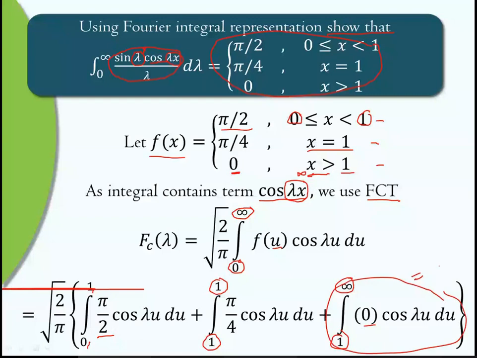Now, in an integration, whatever function may be there, if the upper and lower limits of that integration are the same, then that integration is also 0. Okay, because when we solve this integration and put in the upper and lower limits, as the limits are the same, when we subtract the value at the lower limit from the value at the upper limit, it will give us the same value because both the limits are the same. And subtraction of the same terms will be 0. So the second and third integrations will be 0.